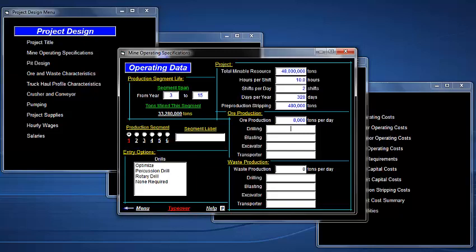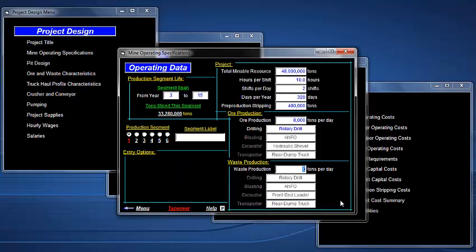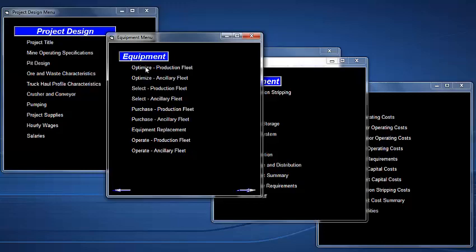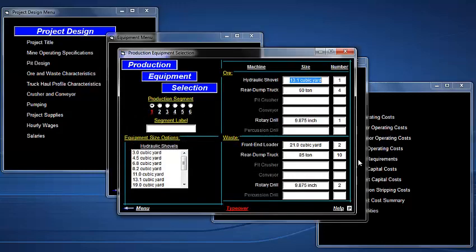In this case, because we're trying to do a quick estimate, we'll choose optimize and let the computer program select our equipment for us. We'll put in a, it is in essence a 4-to-1 stripping ratio. The program then suggests values for things like pit design, ore and waste characteristics, truck haul profile characteristics based on this pit design. Let's come over here and we'll hit the optimize button,